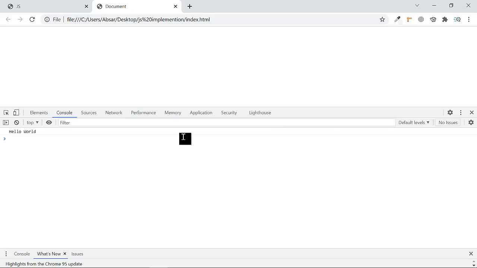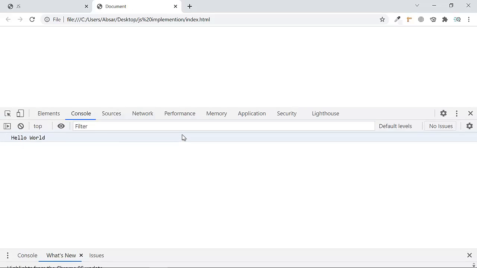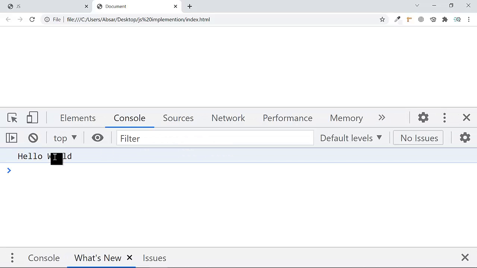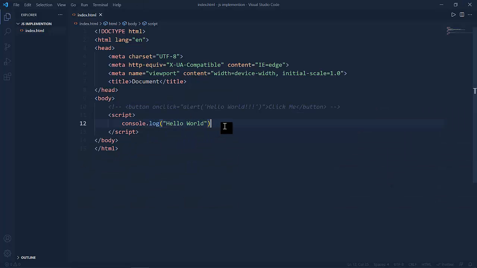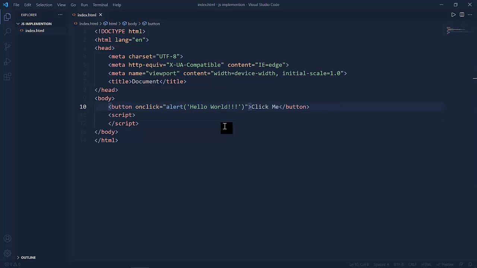I can increase the size of my web page so you can see it more clearly. The hello world is printed. You might ask what is the purpose of printing hello world in the console. We will talk about later in upcoming videos how to use console.log. Actually, console.log is used for debugging purposes, so for now just leave it. So there are two methods that you just learned. The first one is inline and the second one is